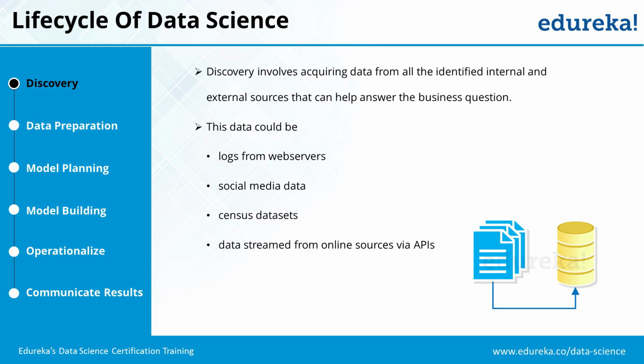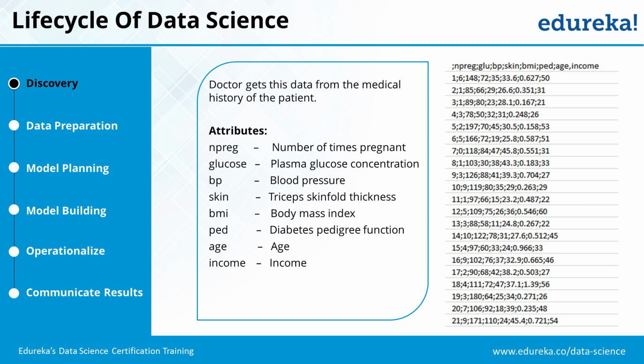So in discovery, we acquire data from different sources. Data can be coming from logs of web servers. It can be social media data, census data related to population, or data streamed from other online sources. So we combine all of this data from different sources. And then we actually identify that for this particular use case, this is the kind of data that we